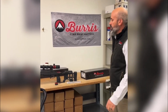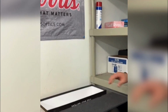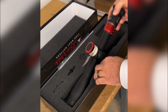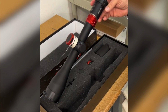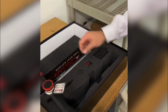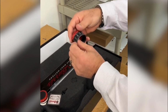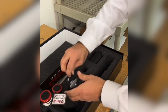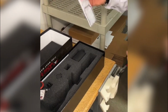The packaging does include a throw lever in it. So let's kind of go into what's included in the package. As we open this thing up, I'll pull out the scope. The scope does have the race dial pre-installed. It's got flip-up covers that come in the box. Inside the packaging, we have the black dial, if you're not using the race dial and want the nice, big, easy-to-read numbers with the nice gaps in it. We've got that dial. The throw lever is included in the packaging, and then a user guide and a battery